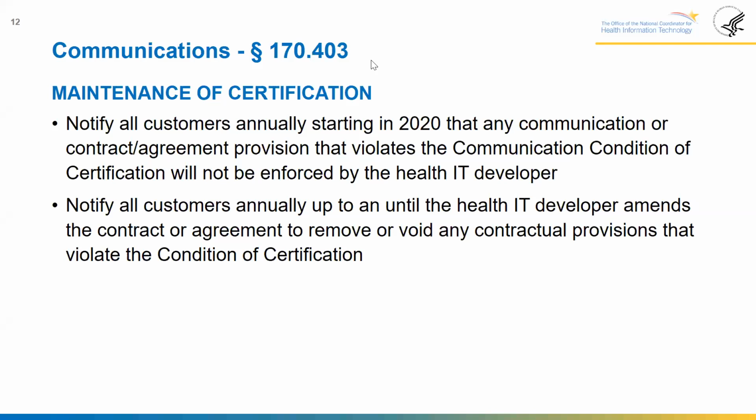What we're saying is when you next update, establish a new contract, renew it, amend it, when you go to do that, that's when we would expect you to remove any contract provisions that are in contravention of this condition of certification. So we think this will still achieve the policy goal because the notices are still going out to customers that they can enforce these provisions, but it also reduces the burden on behalf of developers. So when they're in there changing their contracts normally, they can go in and make these changes at that time. Okay, I think at this point we can move to the next slide, I believe.